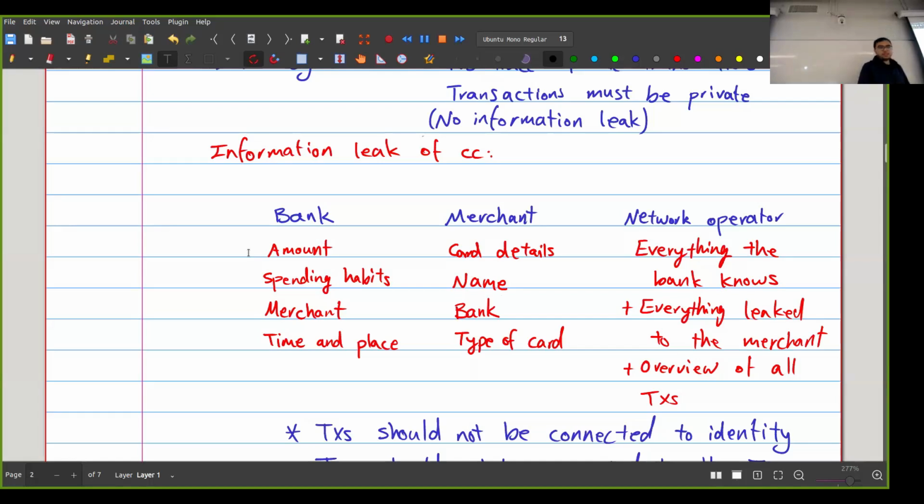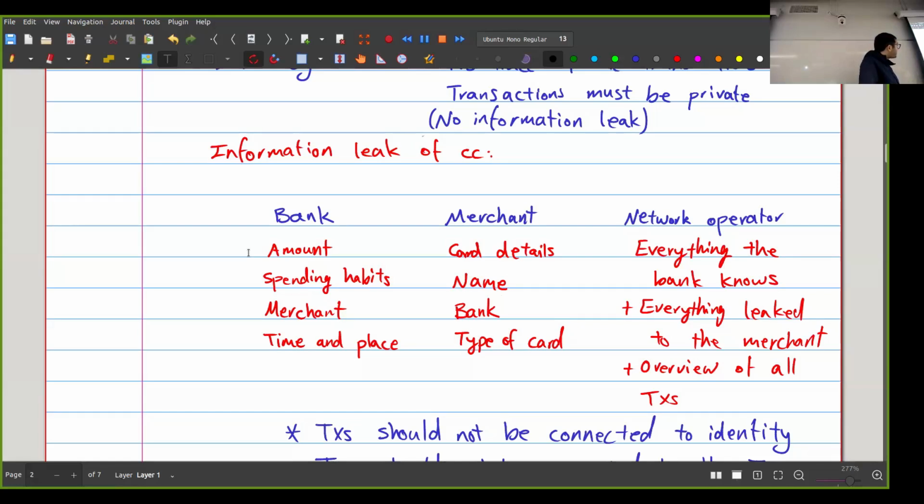Now, each one of these pieces of information is actually quite private, and in an ideal world, I wouldn't want to leak any of this information to my bank. Now, why is that? Well, if my bank knows my spending habits, they might be able to use that for advertising. They might be able to use it to, I don't know, decide on the interest rate of the loans that they're going to offer me. They might use it for all sorts of other things. And also they might disclose it to my government, and I don't like that either.